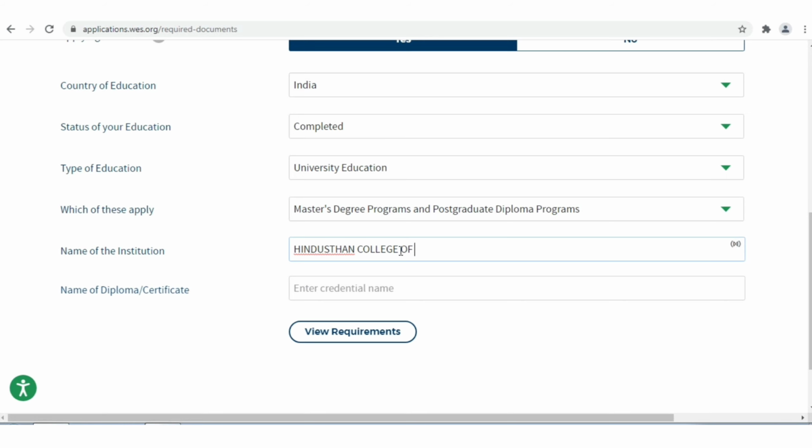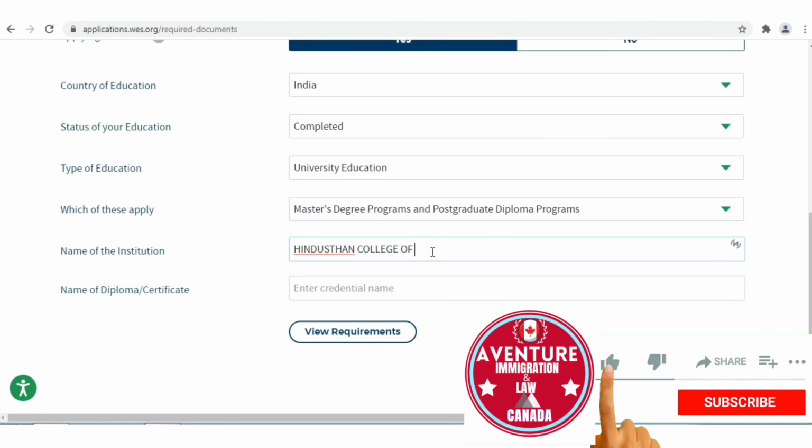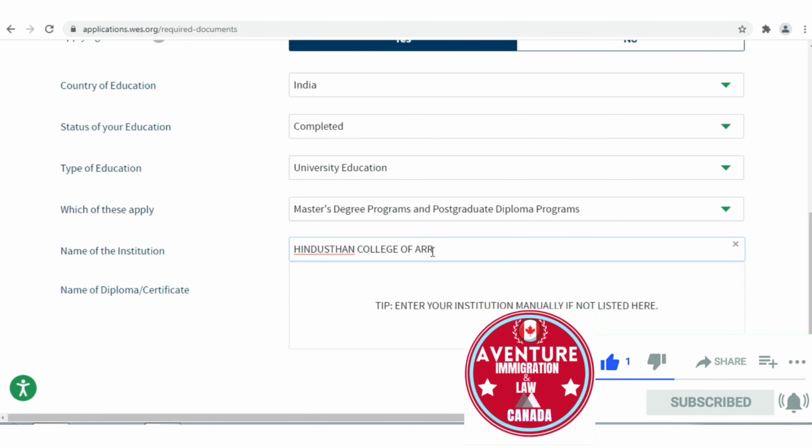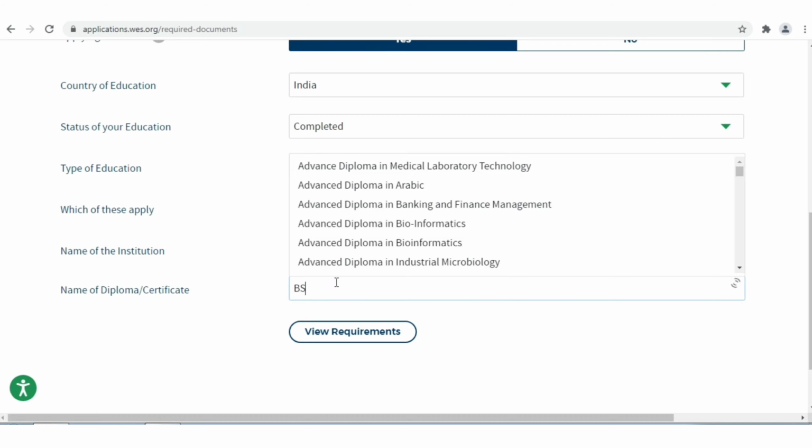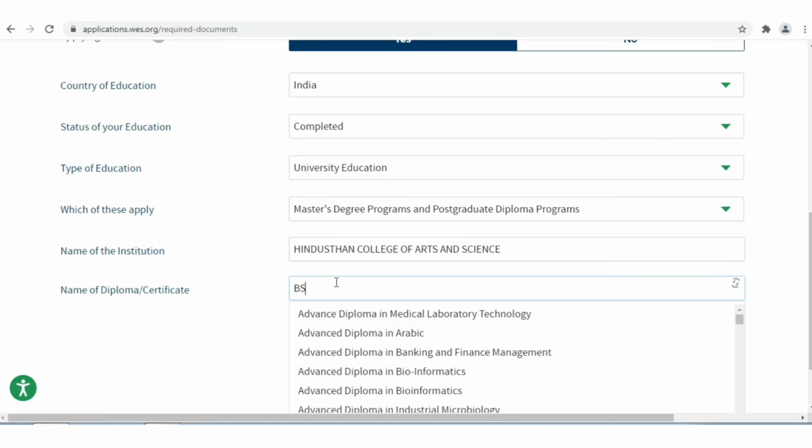You have to type which institute you have studied, your college name. For example, here I type the college name and name of the diploma or certificate. You can click the course.